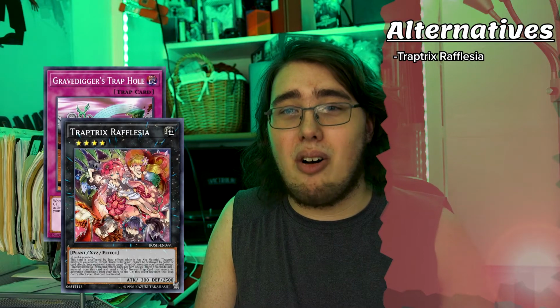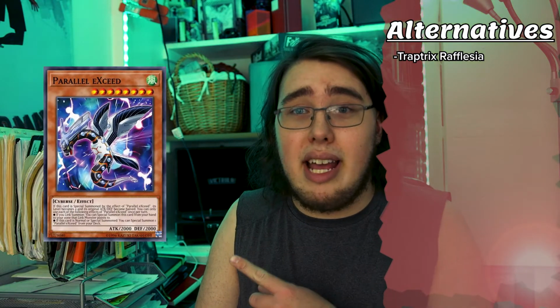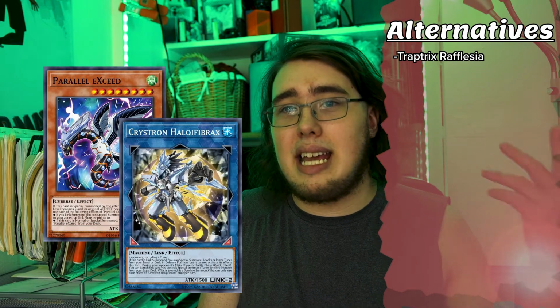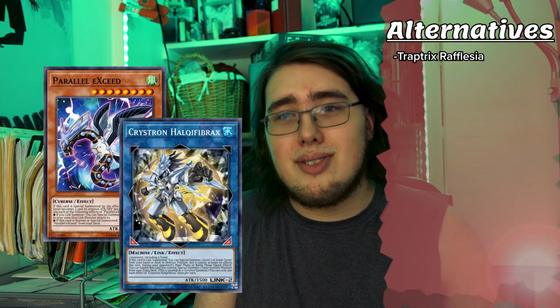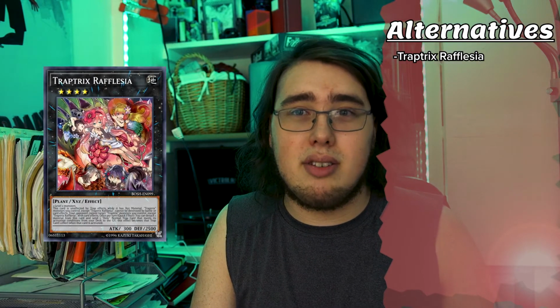Just insane, all just by setting up an easy rank 4 that so many decks can do, especially with the release of Parallel Exceed out of Echo as well, which means that anytime we link summon a monster, we can just slap out 2 Parallel Exceeds and get an immediate rank 4 monster. So, pretty incredible there, because she, once again, is only a 2 level 4 generic monster, so super easy to